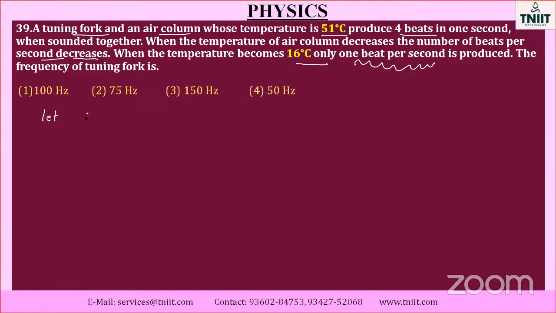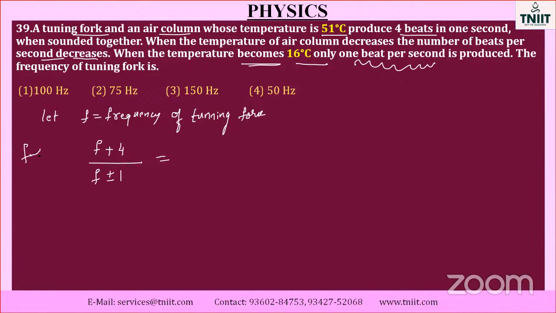Let F be the frequency of the tuning fork. Initially we have a beat frequency of 4, so F plus 4. When the temperature is changed, it has only 1 beat per second later. It may be plus or it may be minus. So F plus or minus 1 will be equal to, and you know that the frequency is directly proportional to